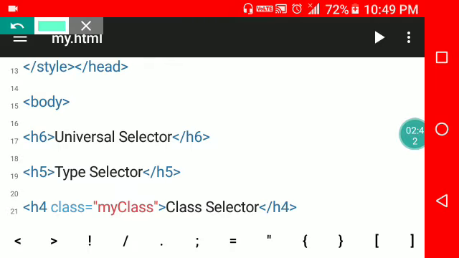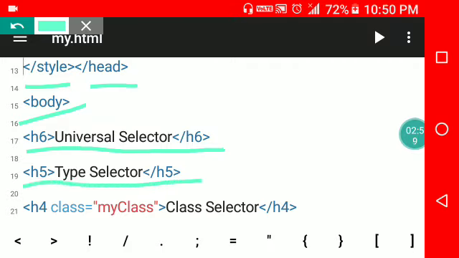After that you will close the style and close the head. After that, in the body, you will write element H6. Here I have written H6 universal selector. I have written H5 element type selector.